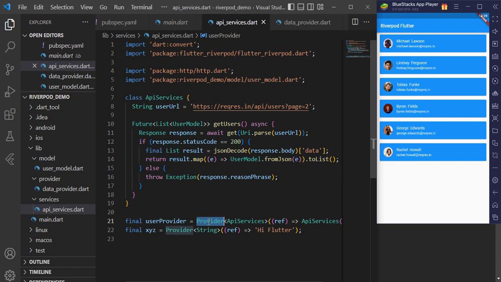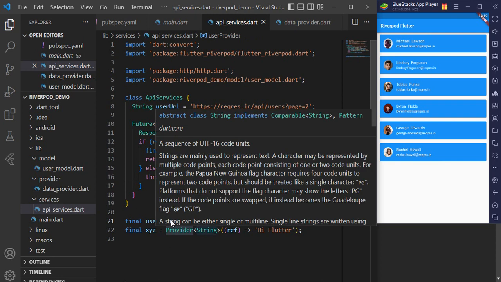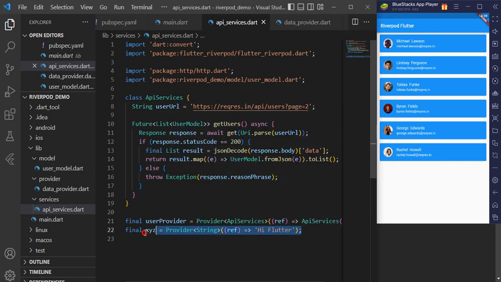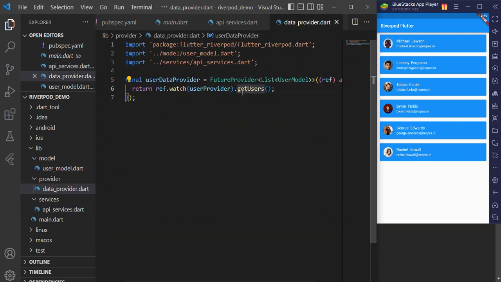As it is an asynchronous request, it doesn't happen automatically, because there is server involvement. Okay, let's remove this first and then go back to our data provider here. In general, if you have an asynchronous request in Flutter Riverpod, you have to do that request, in fact, ensure this user provider. And now over here you can see we are referring to this user provider, which was